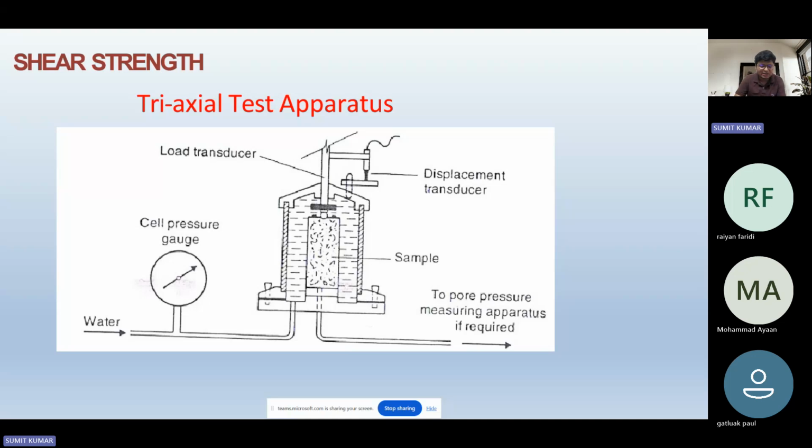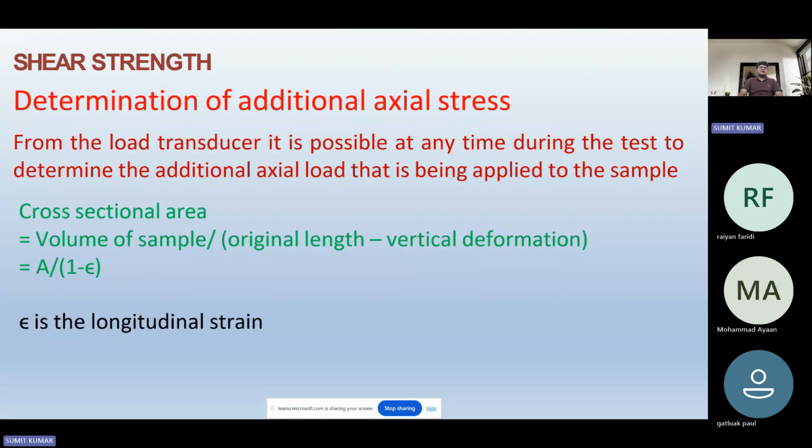So we will see one by one why the cell pressure, the water and the valves are important to observe, to calculate the effective as well as the total shear strength parameters. Now let's move ahead. How do we determine the shear strength? We have already observed